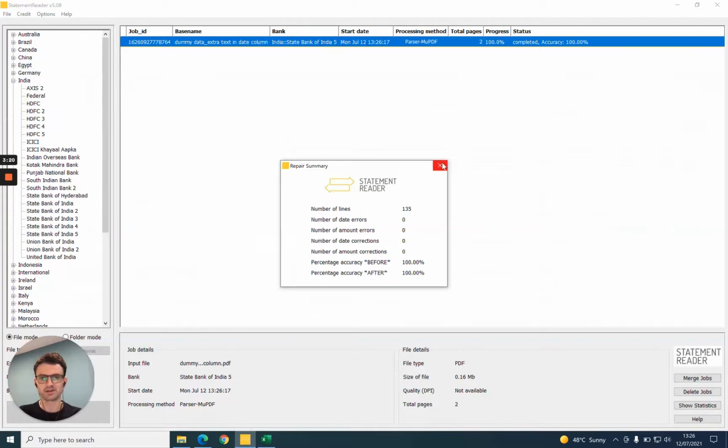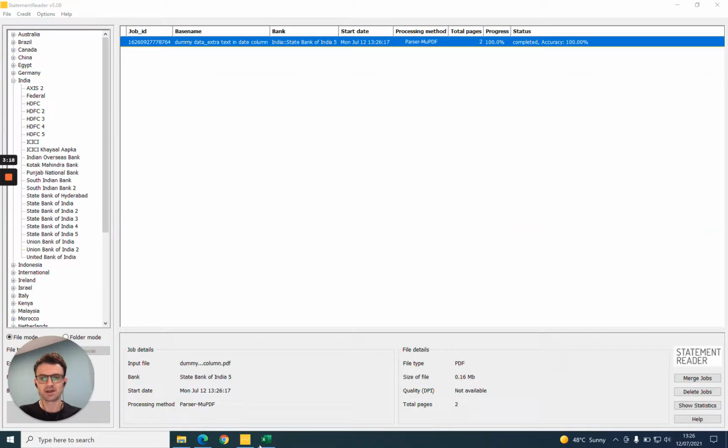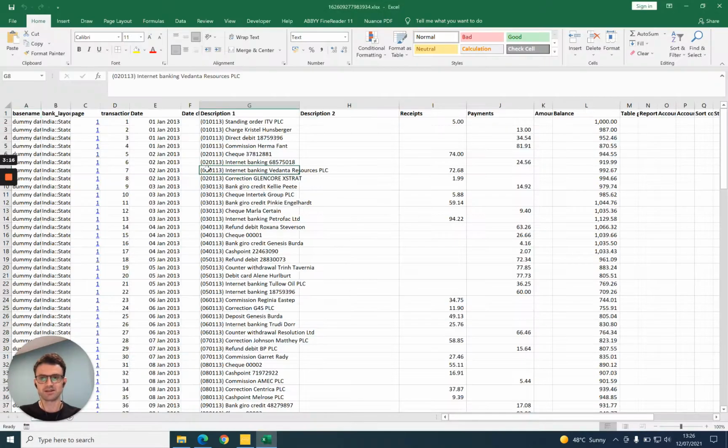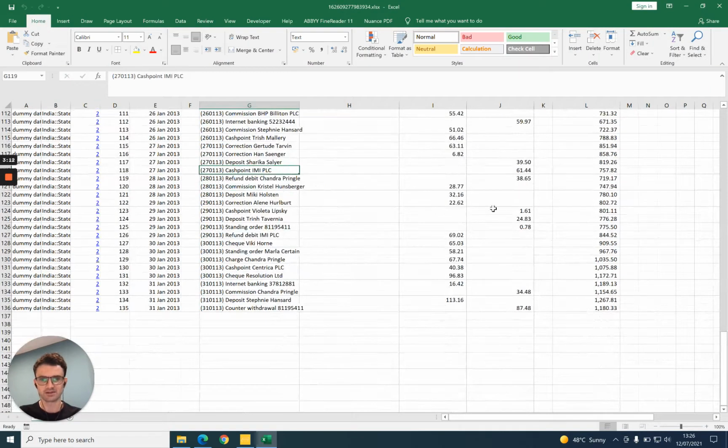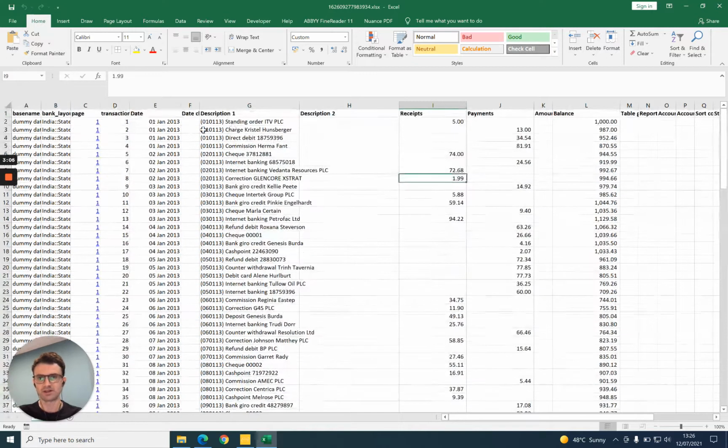The repair summary in this case is showing 100%, and in Excel you can see that the data has been checked. There's no shading, so there's no orange shading for potential errors, and there's no green shading for any changes that were needed. We can also see the date column has been checked and validated into an Excel date format,